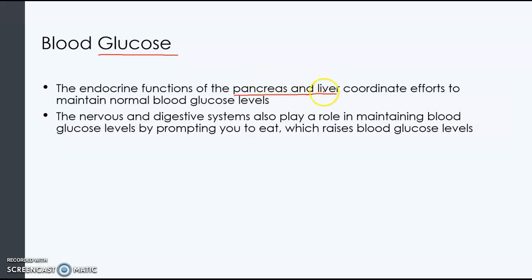So both the pancreas and the liver work together to lower and raise blood glucose levels to keep those levels in normal range from being too high or too low. And then another thing is the nervous system and the digestive system play a role in this as well. If your glucose levels are low, you're going to get hunger signals, and that will cause you to eat, and that's going to raise your blood glucose levels. And those signals are going to come from your nervous system and your digestive system, which interact when you get hungry,